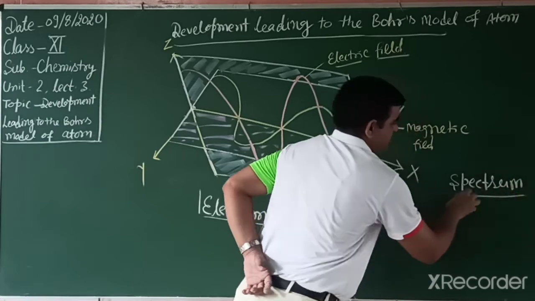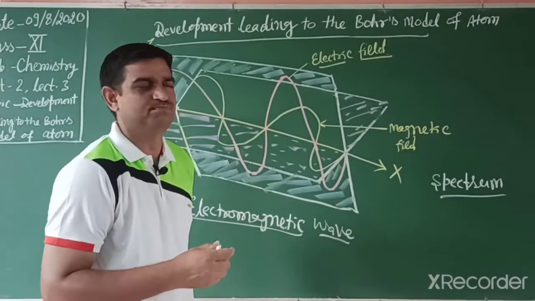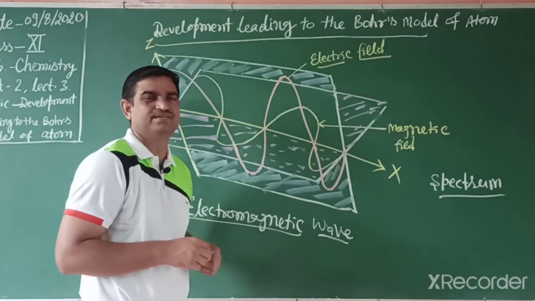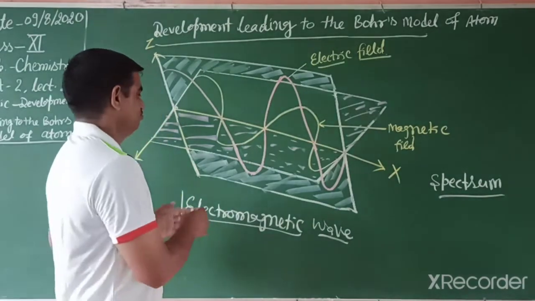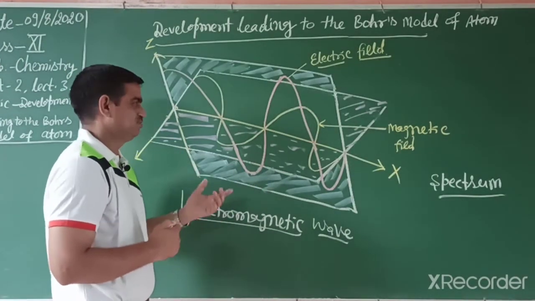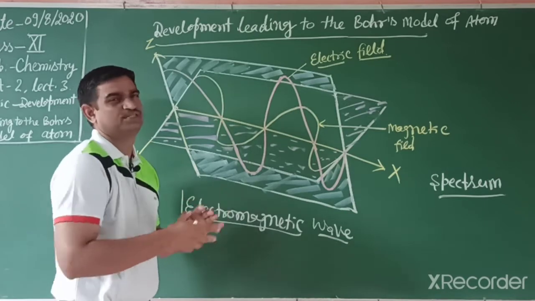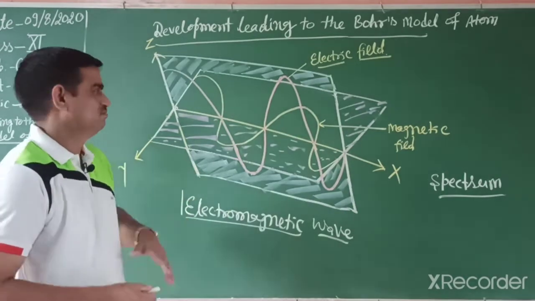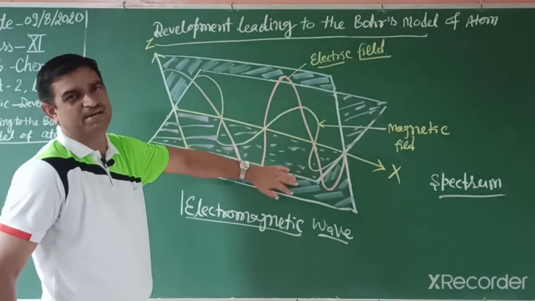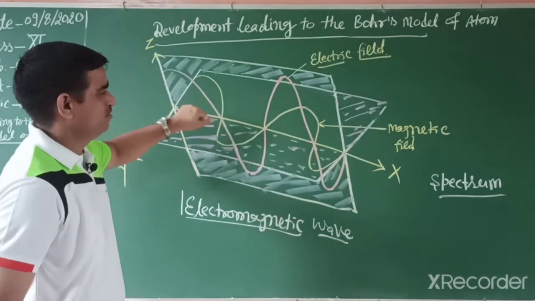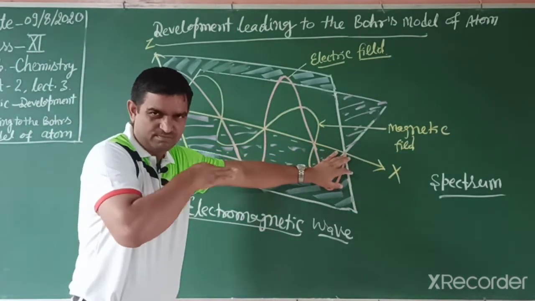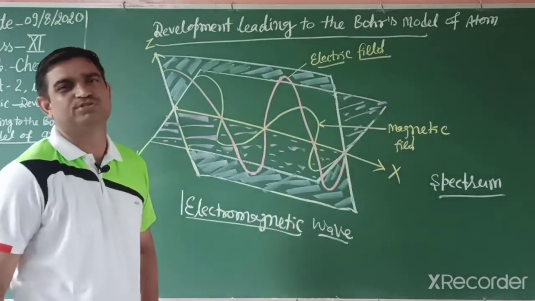When white light passes through a prism, it splits into 7 different colors, that is a spectrum. We already studied this in 9th and 10th class. So that is the electromagnetic data we study. This is not a single wave, this is a mixture of different waves. But there, it is only wave propagation. One is the electric field, the other is magnetic. In this, the wavelength and amplitude are the same in both fields.